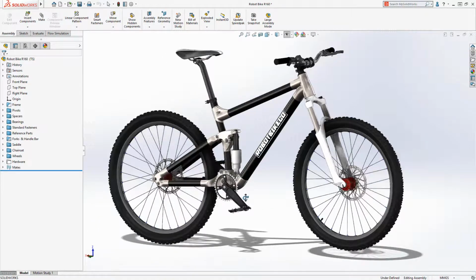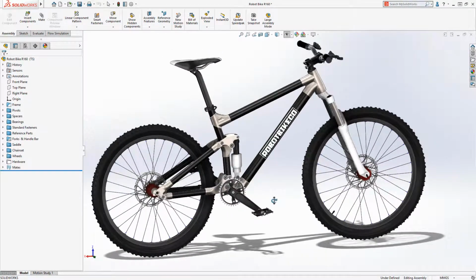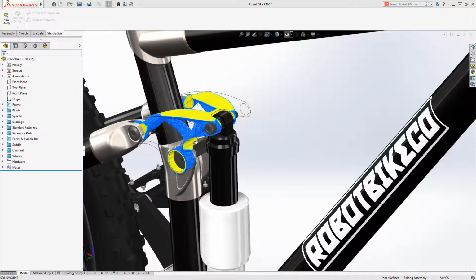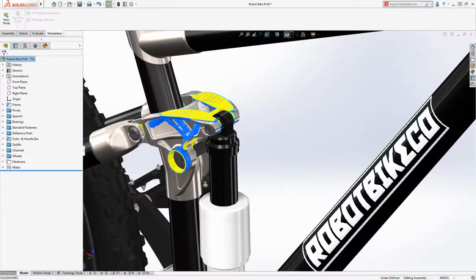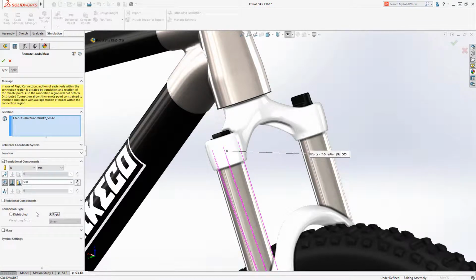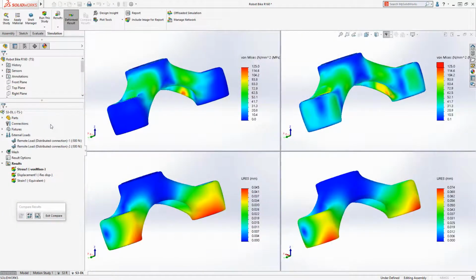From initial concept through delivery, companies are looking to automate the design through manufacturing process. At the earliest stage of design, a topology study uses goals and constraints to determine ideal geometry, automating the guess and check process, and serves as a gateway to additive manufacturing. Leveraging new options and distributed loads, designers can evaluate parts without simulating complex assembly connections, a huge time saver early